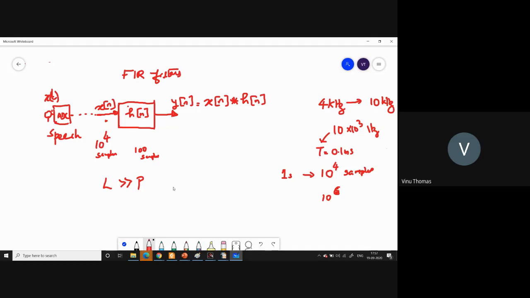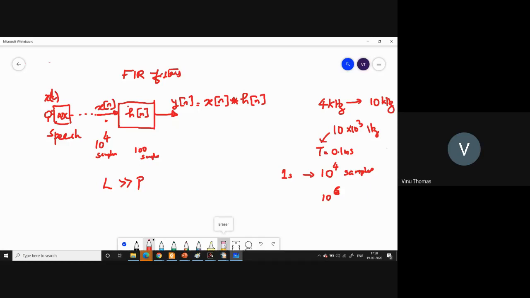That also brings into consideration the heavy computational burden. You have to wait till 6:30 to capture the entire video lecture and then start the processing, and you also need a heavy computational burden to complete the computation. So this is not a good option to filter a long sequence.